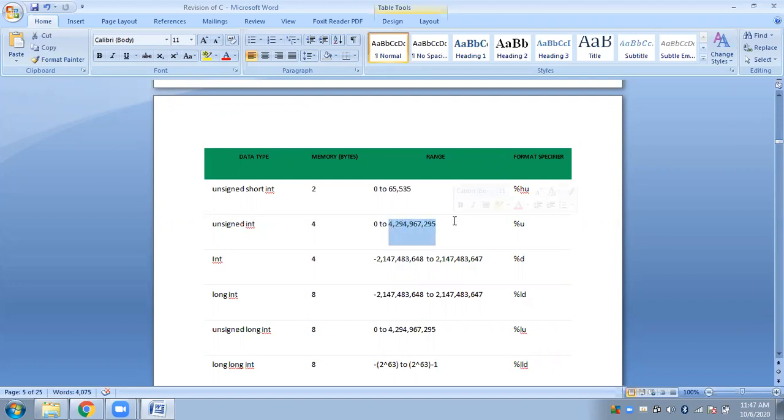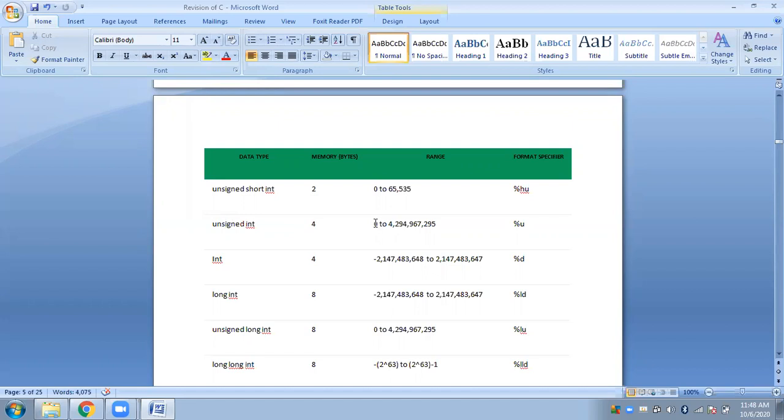If you compare both the numbers, we have a bigger number here, because ultimately we are representing the same number of bytes. Here also we represented 4 bytes, here also we are representing 4 bytes. We are not minimizing or maximizing the number of bytes it represents. We are simply changing the numbers that they are representing. Here int is representing both positive and negative numbers in the number scale, but unsigned int is representing only the positive numbers.